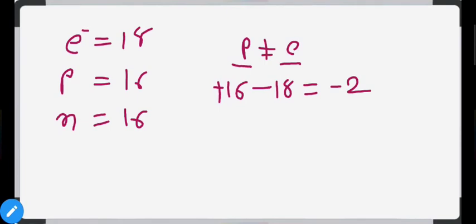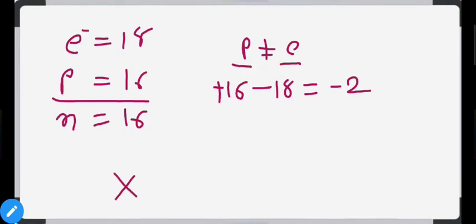So we are trying to find the symbolic representation of an ion. Always remember, first find out whether it is a neutral atom or a charged particle, that is, a positive or negative ion. This is not neutral, so the number of electrons does not represent the atomic number, because in a neutral atom the number of electrons is equal to the number of protons, but here it is not neutral. So our element depends on the protons. There are 16 protons, so it is the 16th element, which is sulfur.